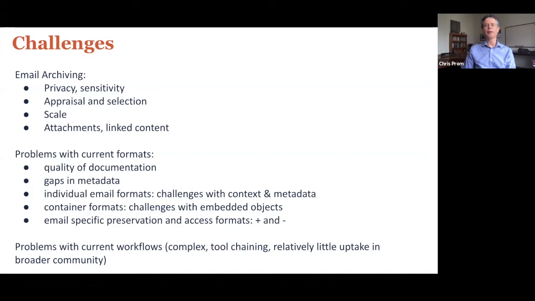Most systems will export messages in a particular format, such as PST or EML or MBOX. And the fact of the matter is that in most cases, you end up trying to preserve a data object that's very email specific and may or may not play well with a repository service that is expecting something other than a massive MBOX file to preserve.